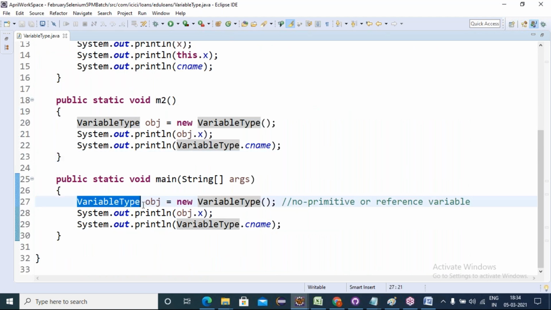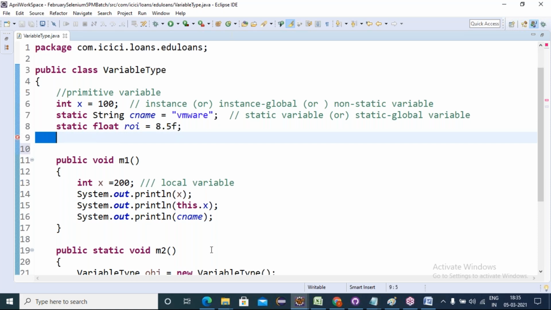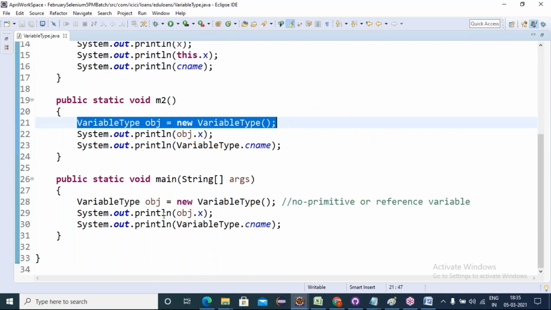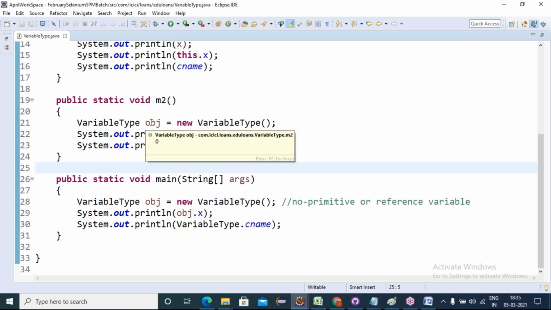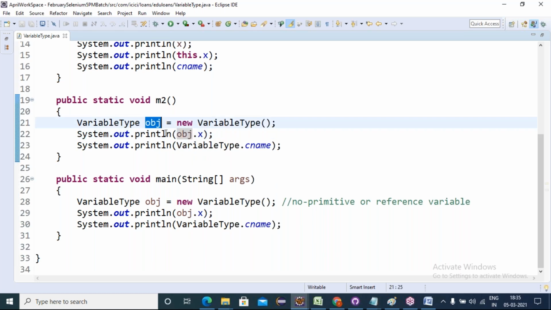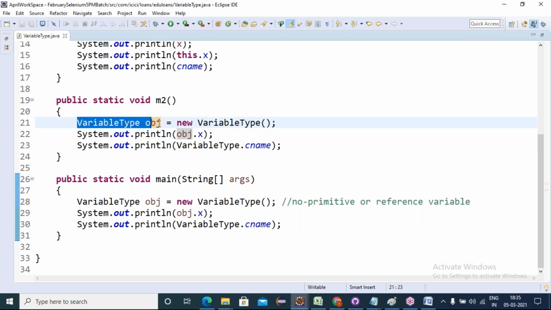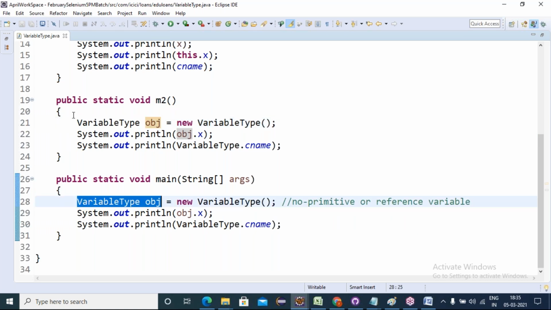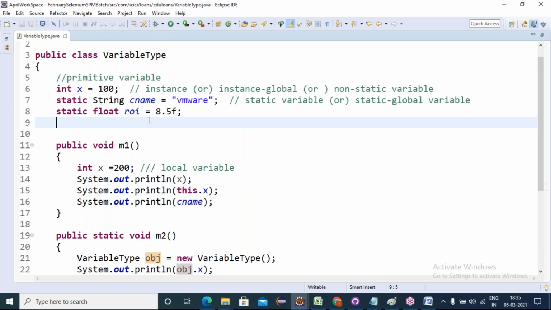Now what I will do, I'll be creating the class reference. See friends, just observe. When I was creating the class references here, see, obj is in brown color. Noticed? If I control click on it, where does it go? Here, which is local. I want to access this class reference inside this method, because two times I'm giving the class reference. One time is enough, I will use it here and here. Instead of declaring it locally, I'll go with the static class reference.